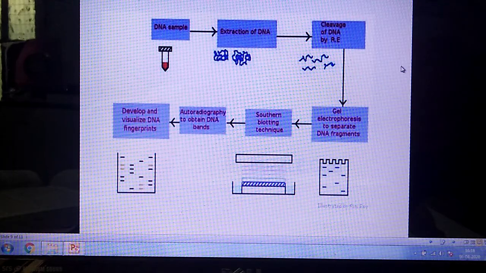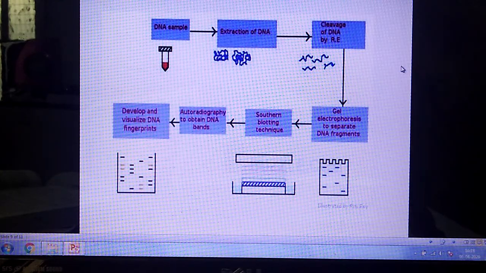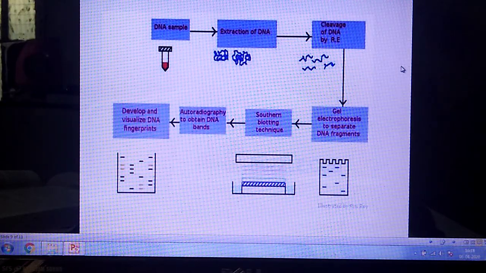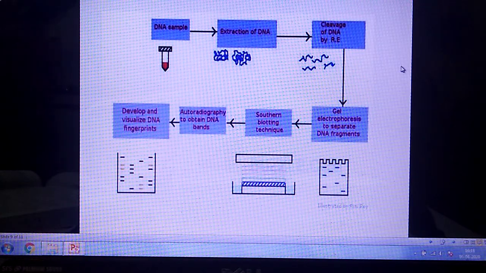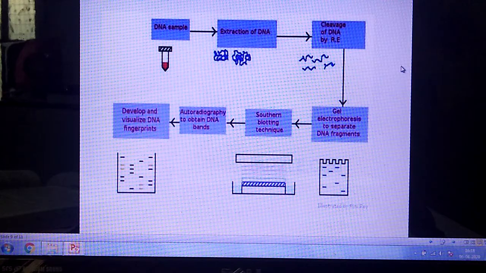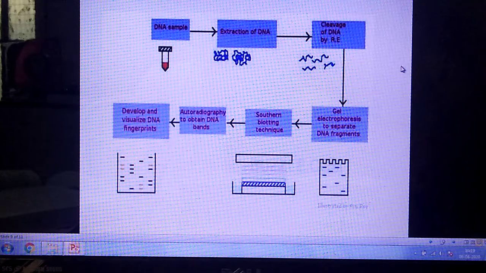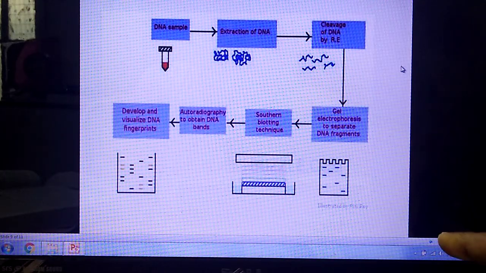Now, again the diagram. First the collection of DNA, next extraction of DNA, and then its cleavage with the help of endonuclease enzyme, then gel electrophoresis, the bands separated in accordance with their sizes, then they go through the Southern blotting process, and after that, with the help of radioactive labeled probe, they are autoradiographed and the banding pattern of the individual is developed and visualized as shown in the last diagram, and these provide the fingerprints of the DNA sample collected from the point of accident or any crime.